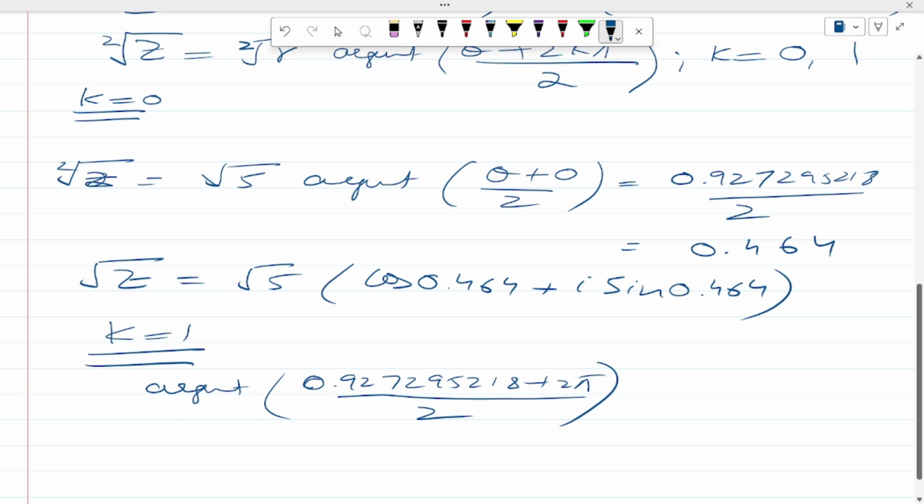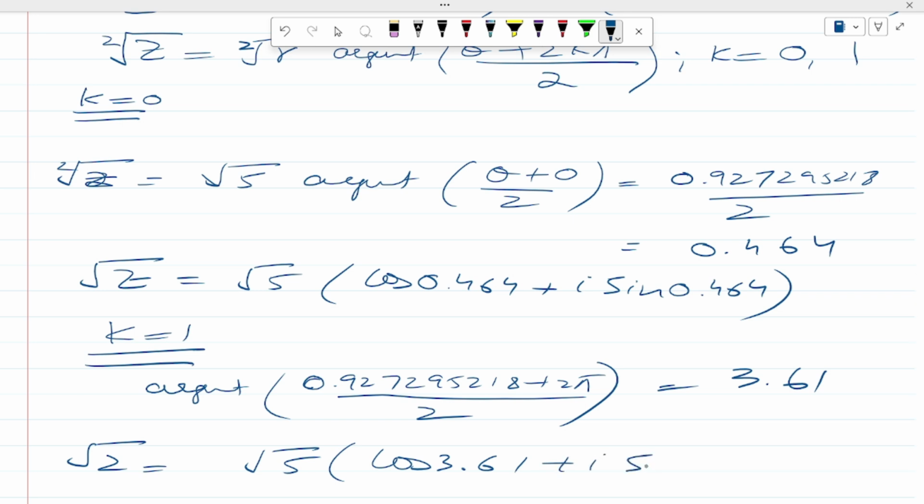So this is going to be 0.927, 295,218 plus 2 times pi, whatsoever the answer, divided by 2. So our argument is 3.61. So our next complex number in polar form is square root of 5, then cos 3.61 plus iota sine